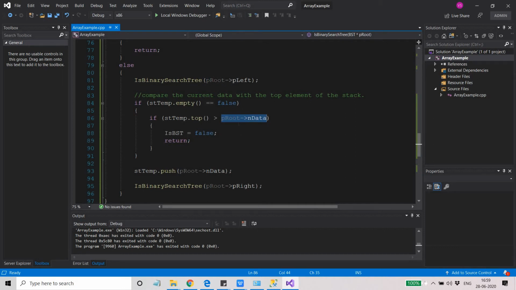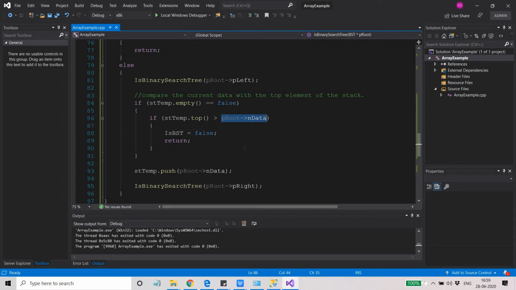Whenever I'm putting something in the stack in the in-order traversal, the top element can never be greater than the root element which I am traversing right now.